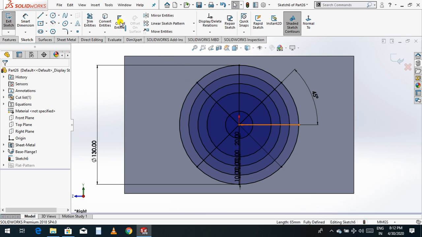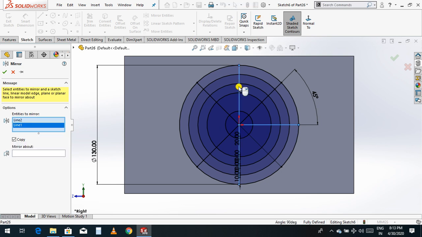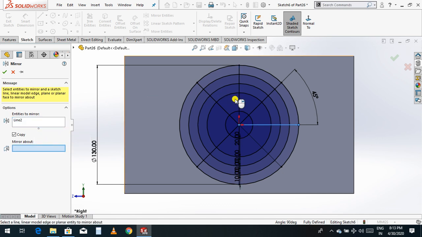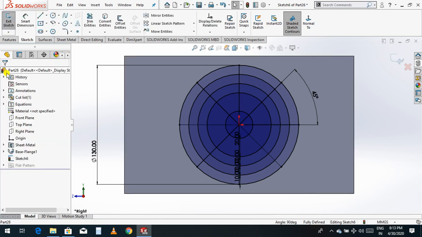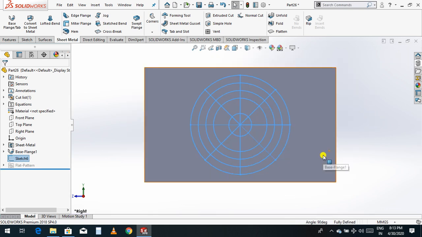Select this and go to mirror entity. Delete this line and mirror about this. Select OK. Now exit from the sketch. Now this is your sketch profile.